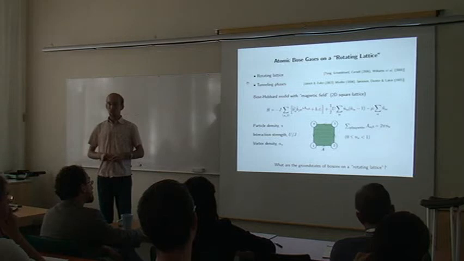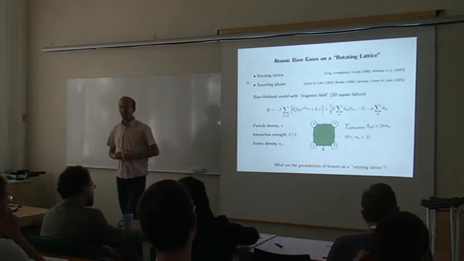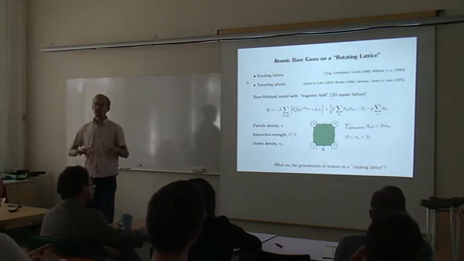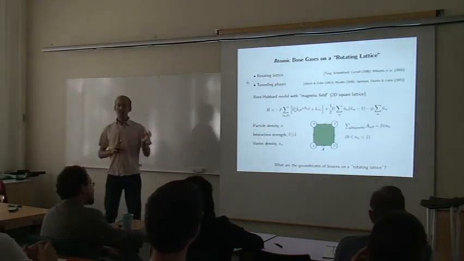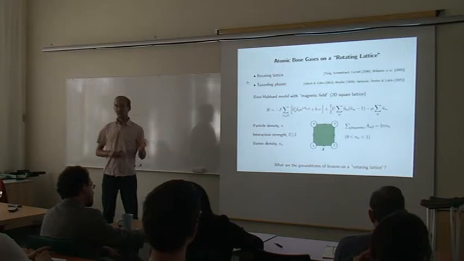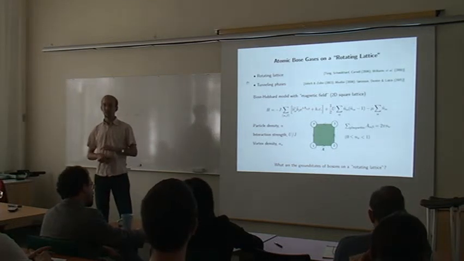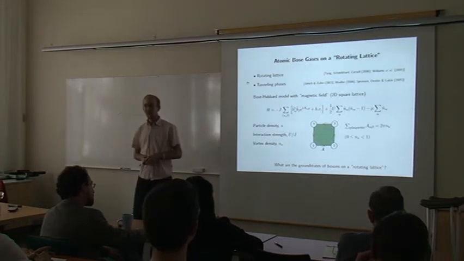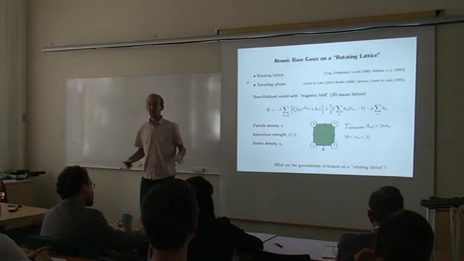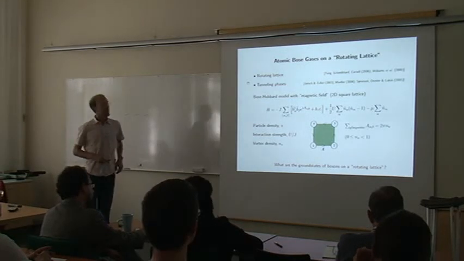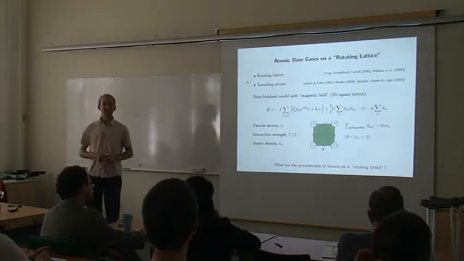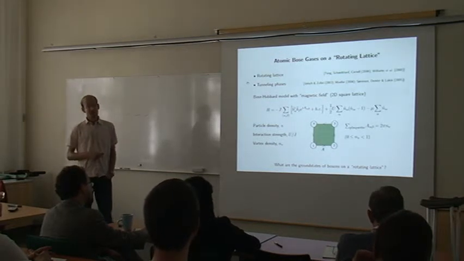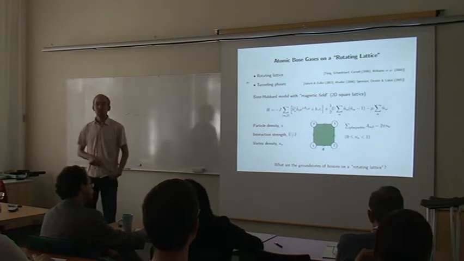So there's a certain motivation to try and do things otherwise. If you combine both these aspects of an optical lattice and rotation, you might think that since both of these effects direct you towards a more strongly correlated system, it might be a good idea to do both at the same time to get there. Now just physically rotating a lattice is possible, but it's technically very involved. And so this might not be the best way to do that. But there's another proposal which is also out there,